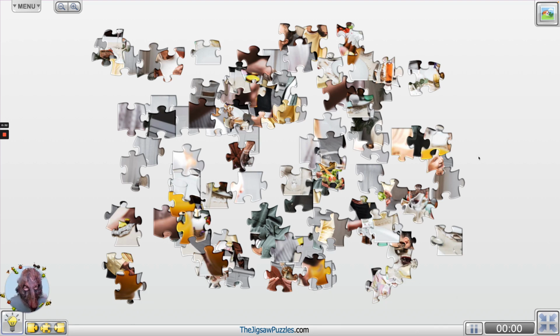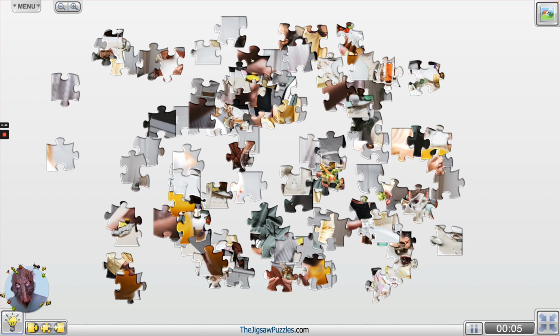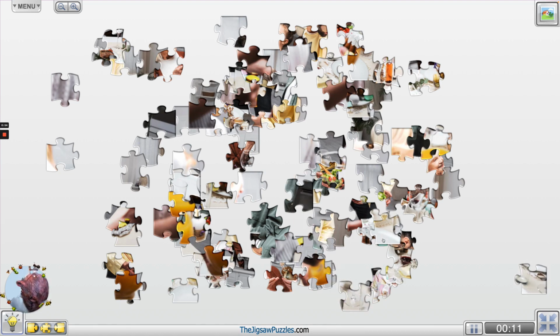The old Jigsaw Rat is today going to do a family scene around the Easter table. Let's see how we get on with that then. We're starting off, as usual, with that old framework of life. Here we go. And as we start to move the pieces, of course, the clock starts to tick, and we are on...